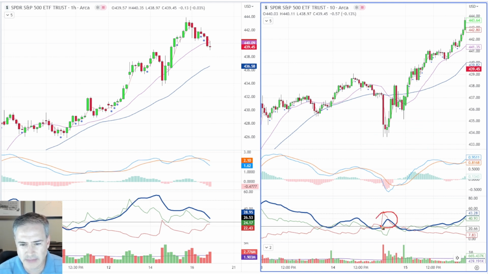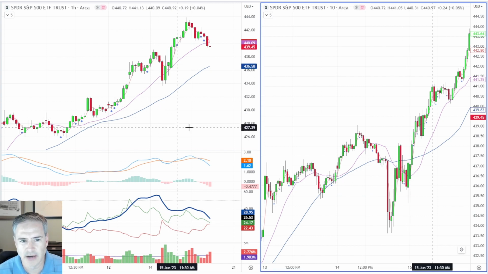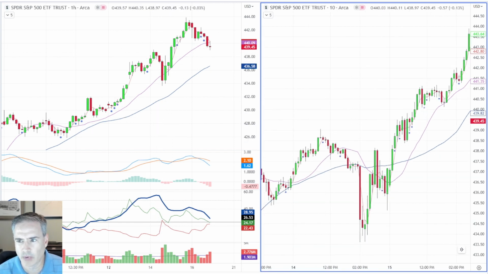However, normally what I teach is when I see this kind of violent behavior, I don't really want to be in a big hurry to run back in. All right. But if you notice the way this played out, and if we just isolate the price action for a second, look at the way this played out on the smaller time frame. We got a monster bar to the downside. Okay. And look at how this bar was the low bar of the move. Huge decline, and that's the low of the move. Now we paused a few bars as we were turning back up, but then it turned back to the upside, and it violently went right back up and took out this high.